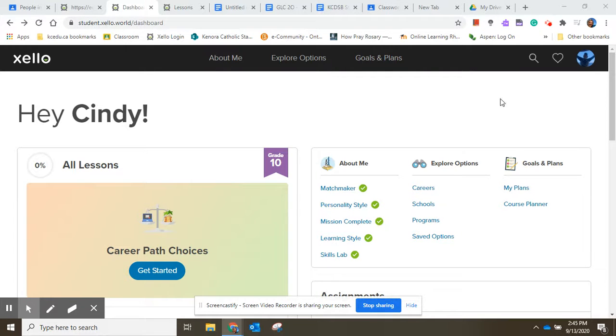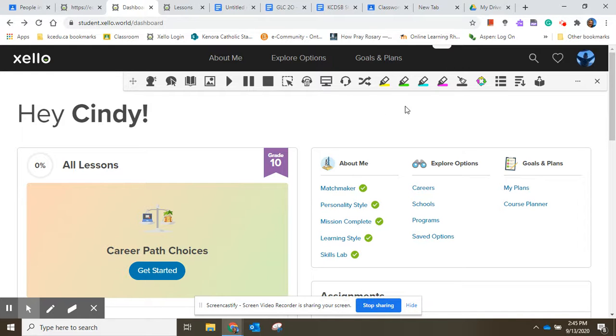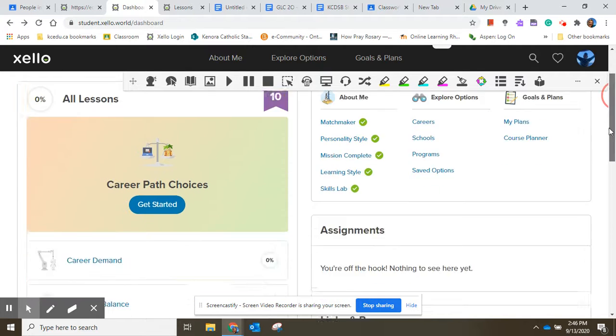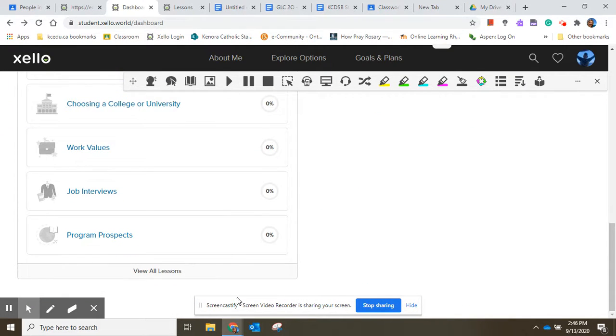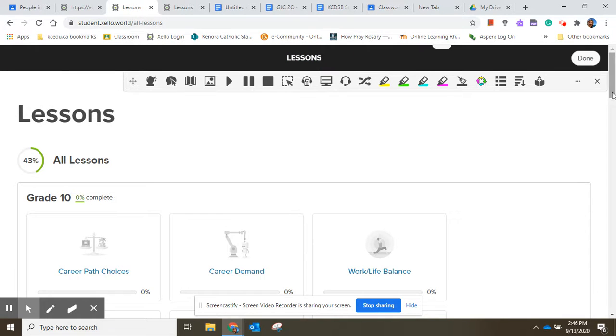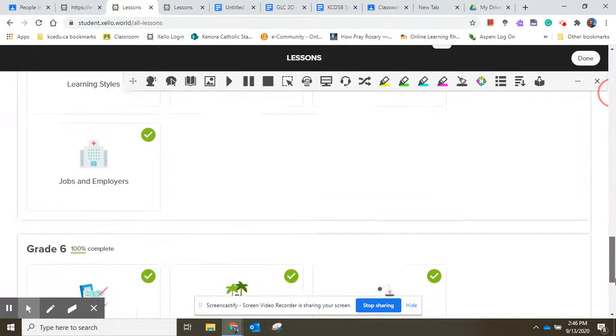This video is to show you how to use Google Read and Write extension. So it's right here, Read and Write for Google Chrome. You double click on it. And if you do not have that, then you can add that as an extension by clicking on this little icon here, extensions, and looking for Read and Write. So then you scroll down and look for your lessons, view all lessons, and then whatever you want to